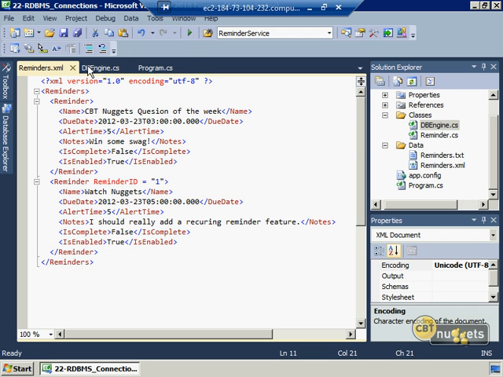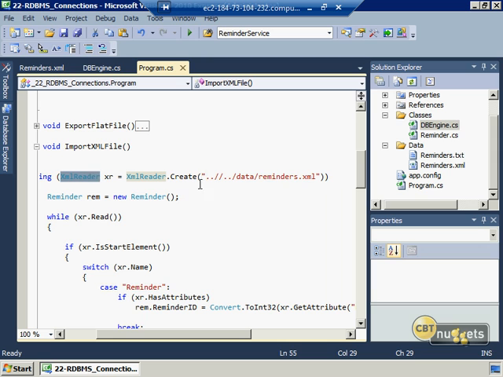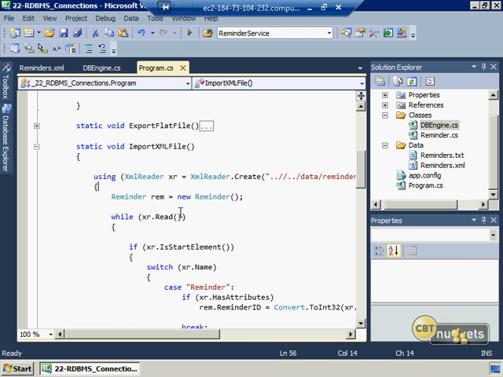So we've got 2 reminders in here. Let's take a look at our XML code. We start with a using statement, this time using an XML reader. Here we do an XmlReader.Create, passing in the file name that points to our reminders.xml file inside of our data directory. So this will hook an XML reader